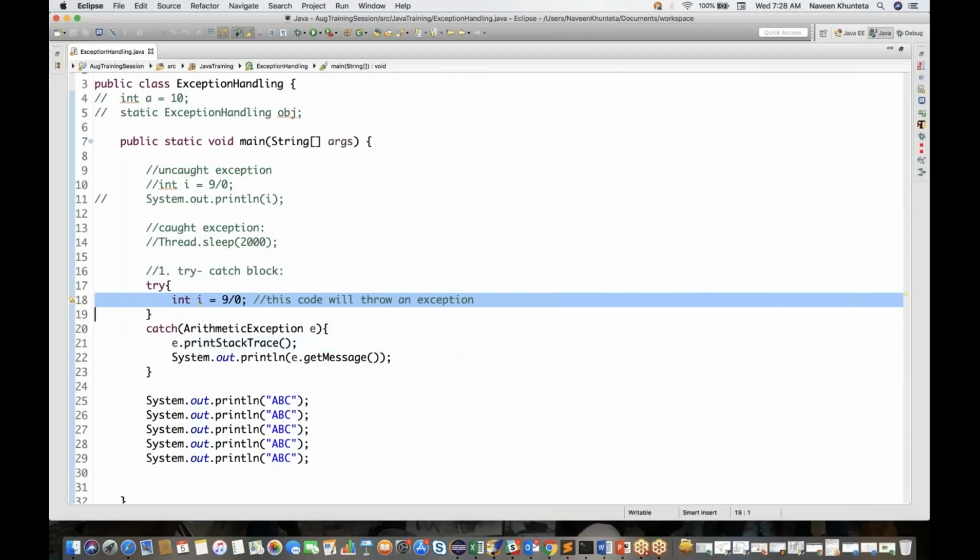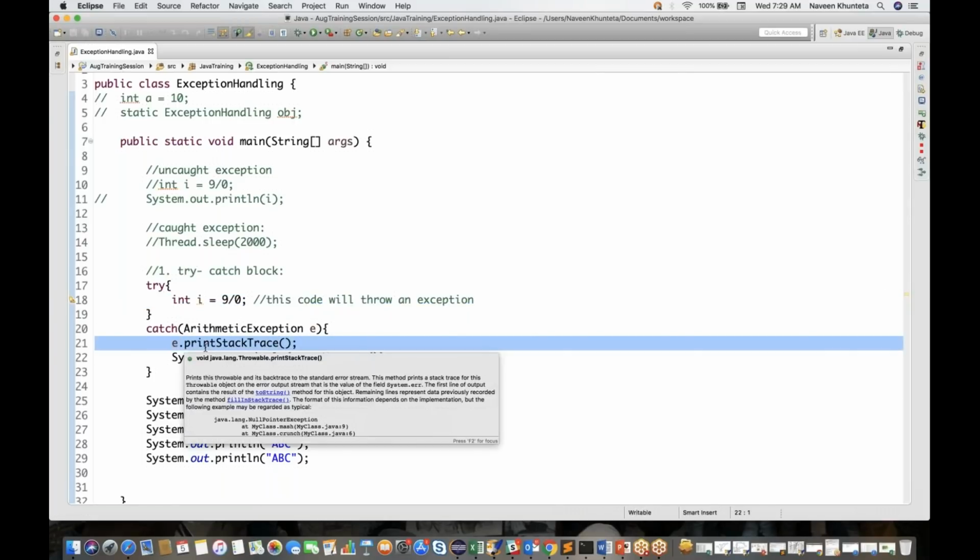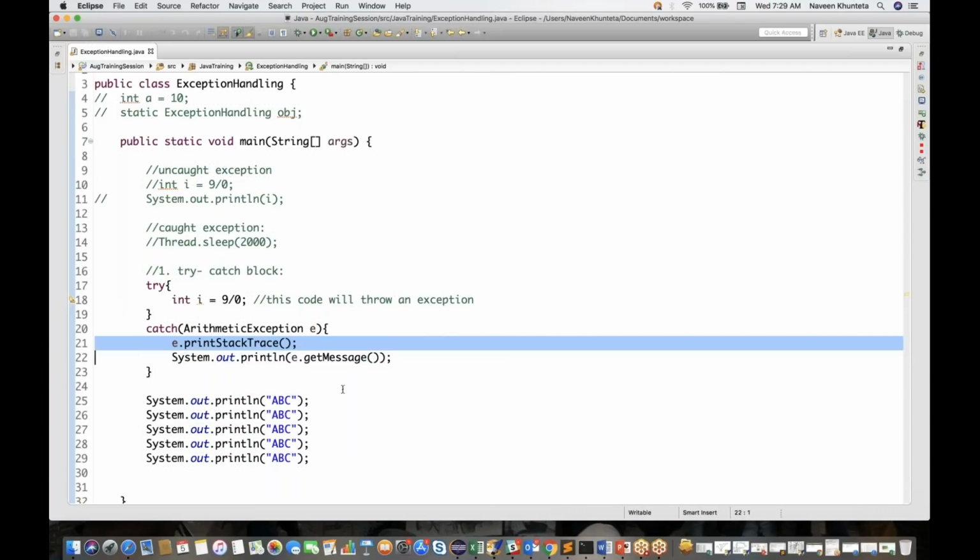Let's say any exception comes, or your Selenium code suddenly gets an exception. It will come inside the catch block, and you can take a screenshot and generate a log, saying this is the problem, like element not found exception or whatever. And simply you can print the stack trace to see where exactly the problem is, so that you can debug the code properly: in this particular line, in this particular Java class, this exception is coming. So try catch block is used